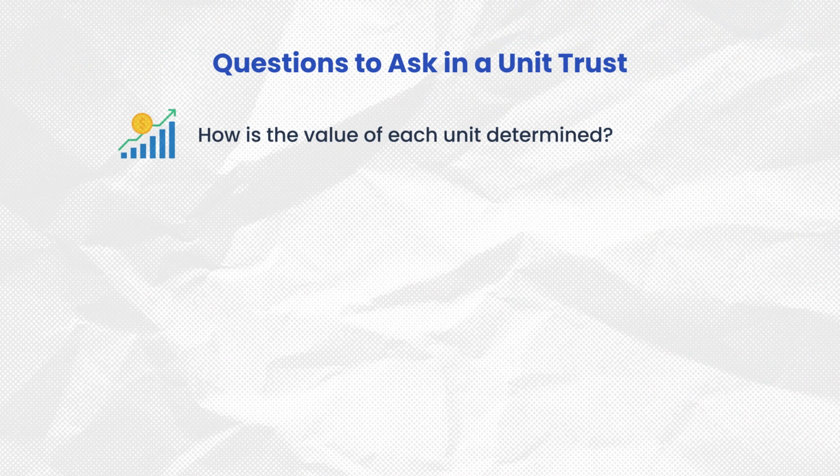How is the value of each unit determined? Is it based on the initial investment, the current market value, or some other criteria? The value of each unit is based on the unit trust register and the trust deed. If there is a buyer for the units, then it will be based on the market value at which the buyer is willing to purchase those units. If not, read the trust deed.